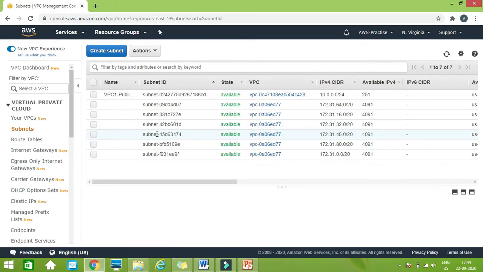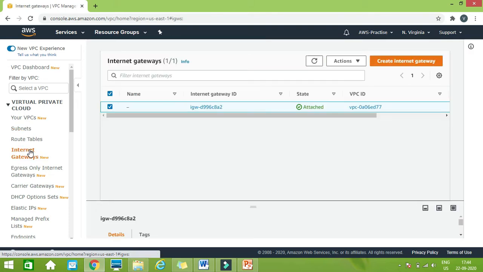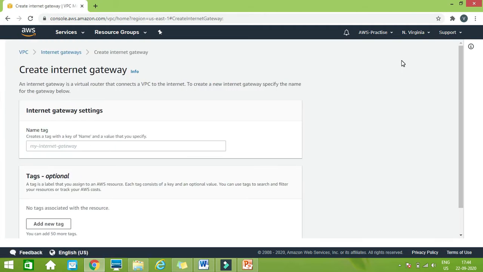Now we have created the VPC and our subnet. Let's create our internet gateway. An internet gateway is a point through which our VPC, our network, connects with the internet; it takes you outside your network to the outside world. So I am going to click here and create internet gateway.